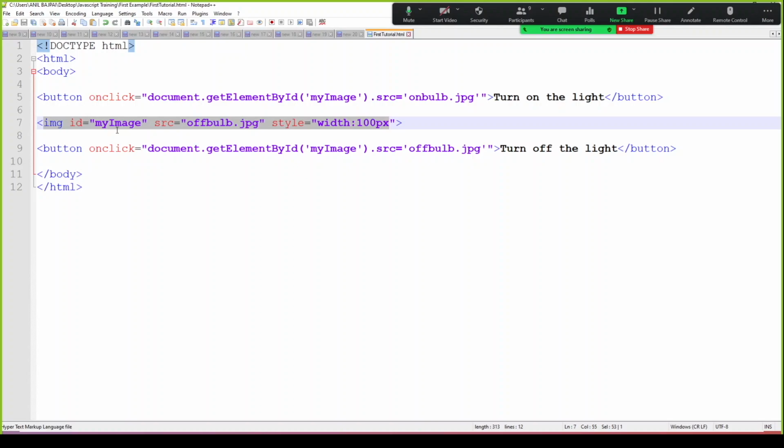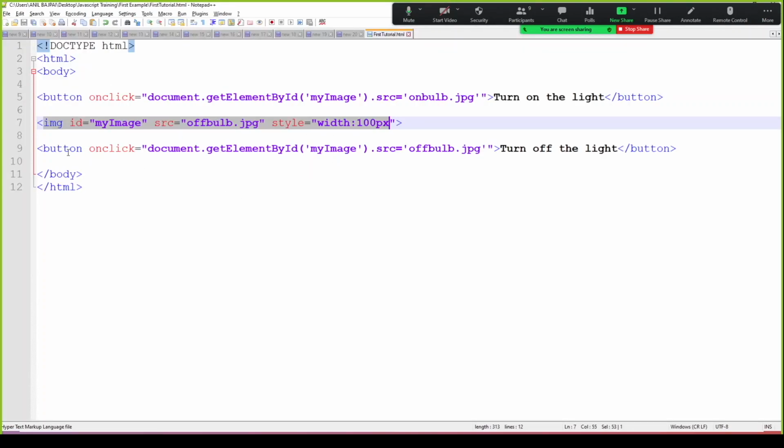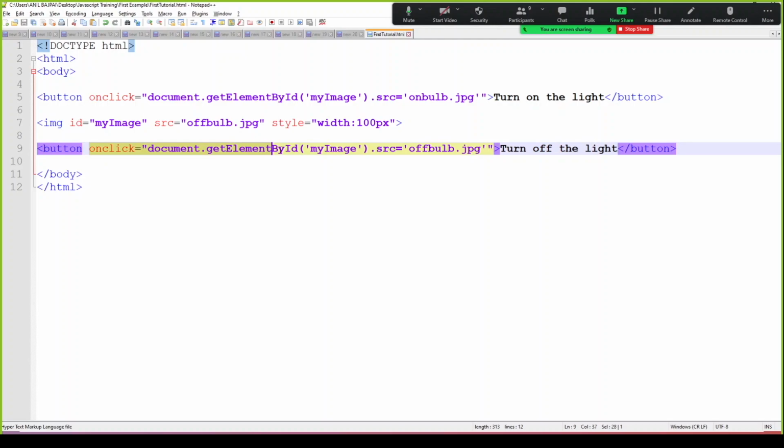This is providing the styling and the image by default when the page loads the first time. So this will start with the off bulb, and let me show you what it means if I turn this on and refresh this. You will see that the first copy of this is always the off bulb, and then the next event, to turn off the bulb, has similar syntax written here. The only difference you will see is on bulb to off bulb when the other button is clicked.